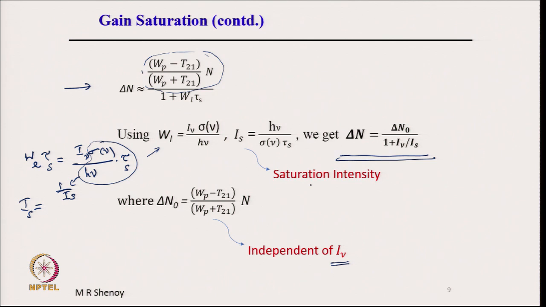So delta n is equal to this. We have got an expression where delta n is intensity dependent, while delta n 0 is not dependent on the intensity, it depends only on the pumping rate. Delta n 0 depends on Wp, the pumping rate. If you change the pumping rate, delta n 0 changes. T21 is the characteristic of the given medium, because it is the inverse of lifetime,